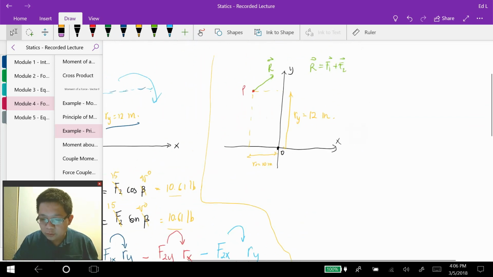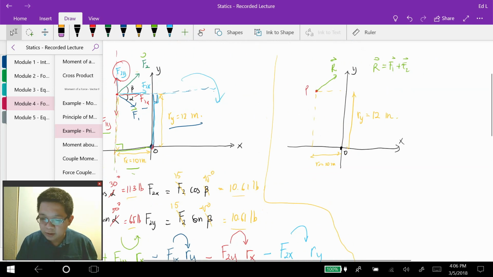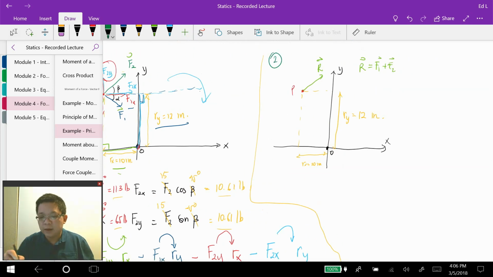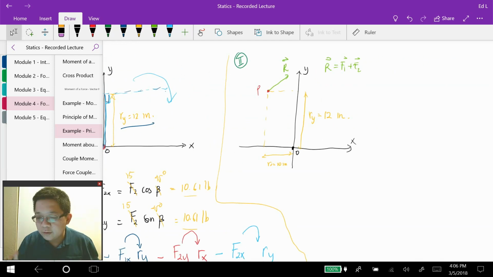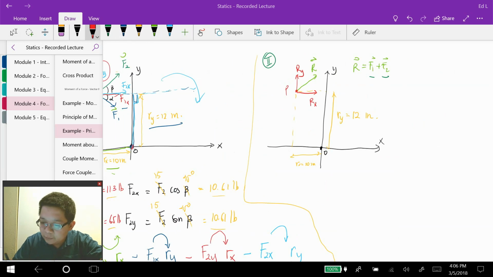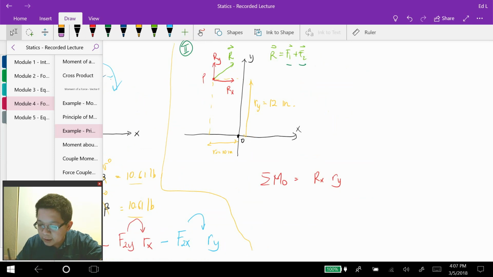And I would like to encourage you to try to solve this problem using this second sketch over here. Let's use another numbering. Using that second sketch right there, we try to calculate the resultant force R, and then afterwards you can calculate Rx and Ry. So if you have calculated Rx and Ry, then afterwards you can calculate the sum of the moment about point O,